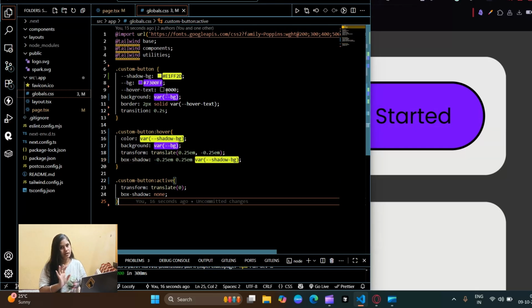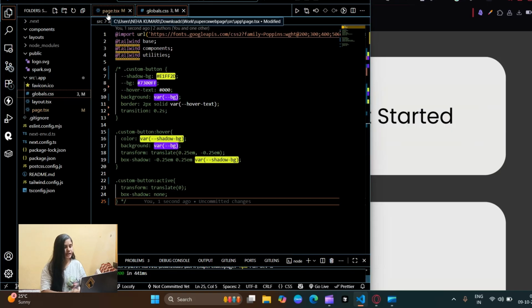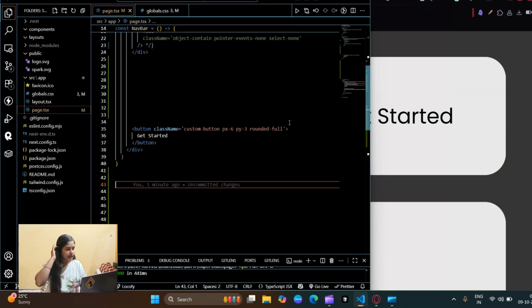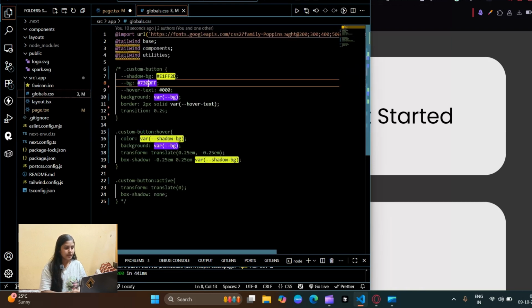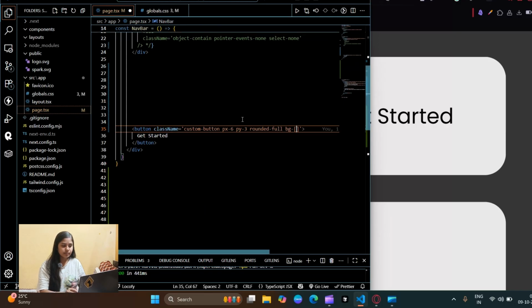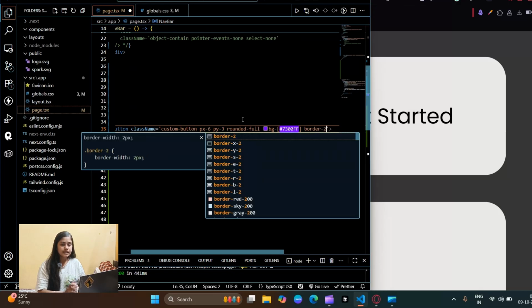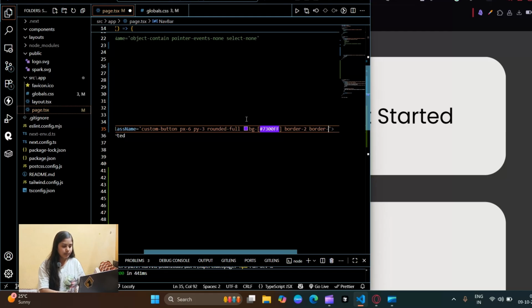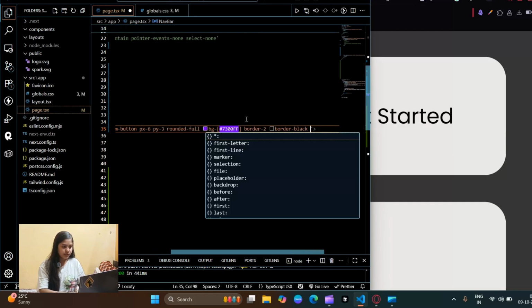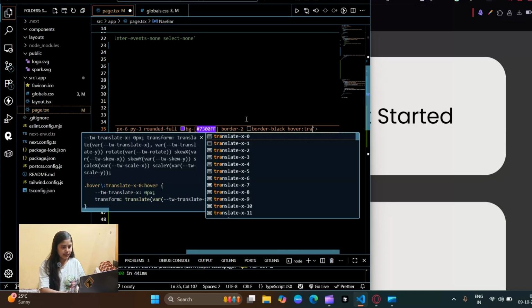So this all thing we have done using CSS, right? Now let's do this same styling using Tailwind CSS. So I will comment this code. Let's go back to HTML code, and here you can see there is a class, and here we will apply all the class names. So for background you can see I have written BG and square braces, in which I have written the color which is a custom color, and now I will apply border of 2 and the border will be black. Now on hover we want translate, so I will write translate x